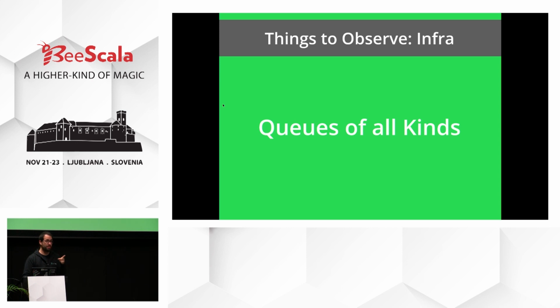Especially true when using Akka actors, because at the end of the day, the mailbox in an actor is just a queue. And that queue, by default, is unbounded. So you could get an out-of-memory error just by sending too many messages to an actor.